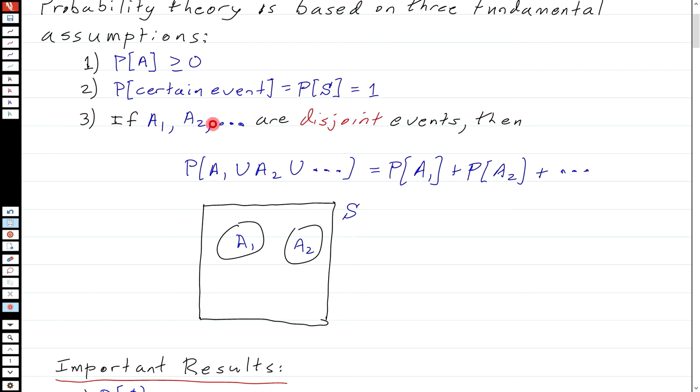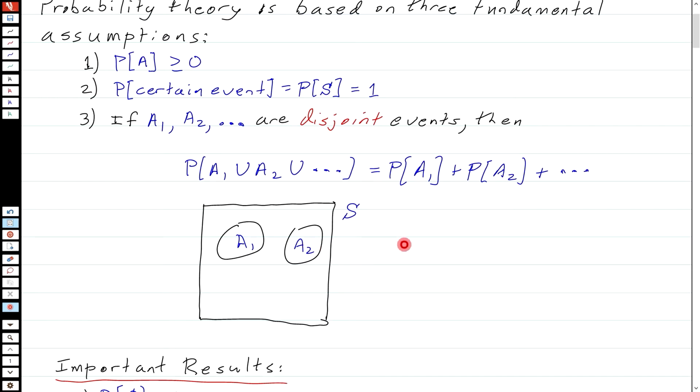If a sequence of events A1, A2, and so on and so forth are disjoint, so mutually exclusive, if one occurs, the other cannot occur, then the probability of their union is equal just to the sum of their probabilities. And we can see that to some extent. If A1 and A2 are disjoint, then the probability that I get into A1 or A2 is just going to be the sum of their areas. You think of this again as the outcome. I throw my dart. Where it lands is a possible outcome of the experiment. The area A1 plus A2, the bigger that area is, the bigger the probability of getting into one of those